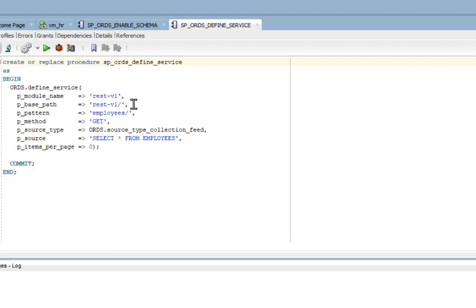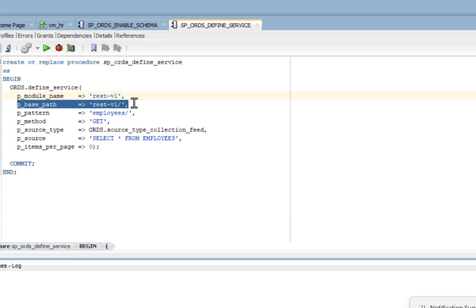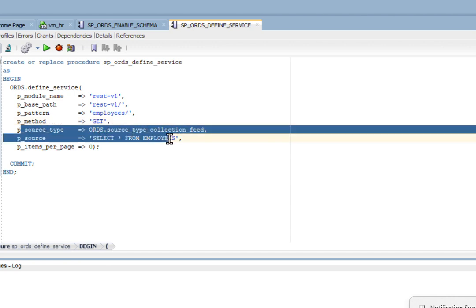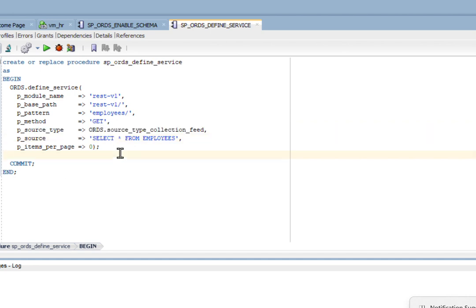Now let me jump into define service here. This is the module we are defining, and the base path for this module. And this is the pattern we need to follow, because of whatever data set is going to be produced. For example, we are taking the employees table information to populate with the GET method. As you know, a RESTful service has different types of methods: we can handle data with GET, PUT, POST and DELETE. But in this case we are going to retrieve the data, so we are using the GET method. This is the source type, and we are using the collection feed source type. This is the initial definition at the database level. So this is done, and the next part is